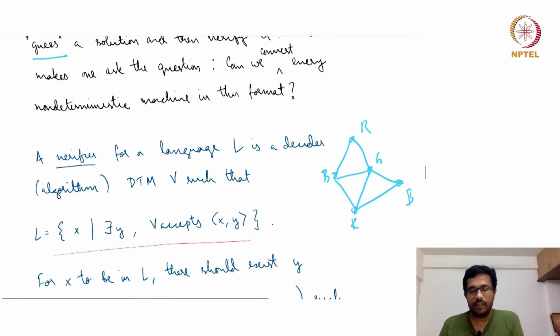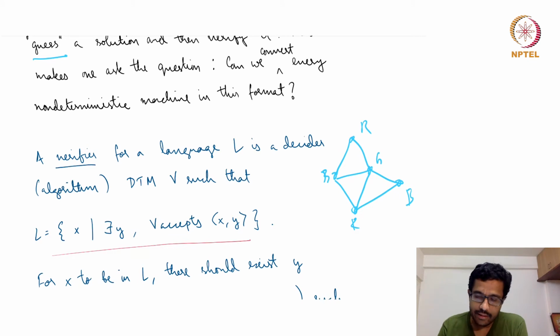So a verifier is we are trying to model this latter part, the verification part. A verifier for a language is a deterministic algorithm or a deterministic Turing machine, such that